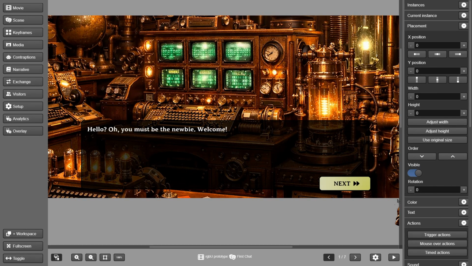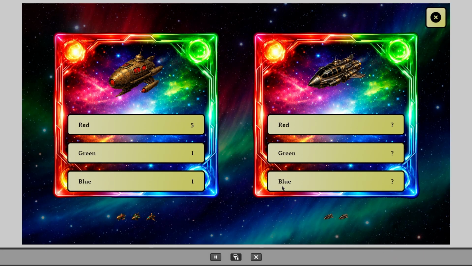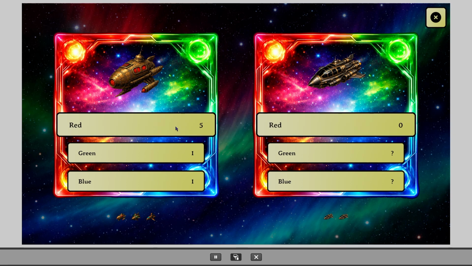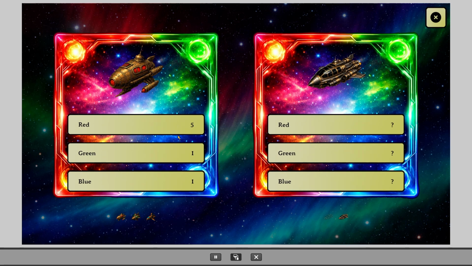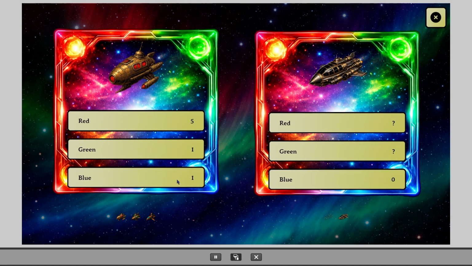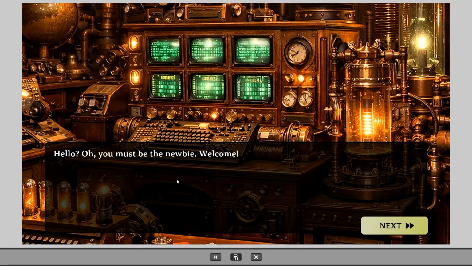Let's do a test now. Notice that the cards are displayed with the first ship of each parameter, red for the player and black for the opponent. Below the cards, the remaining cards for each participant are shown. Clicking on any of the attributes causes a comparison. In our case, since the attributes of the black cards are always 0, any choice will lead to victory. After the battle ends, the scene image reappears.